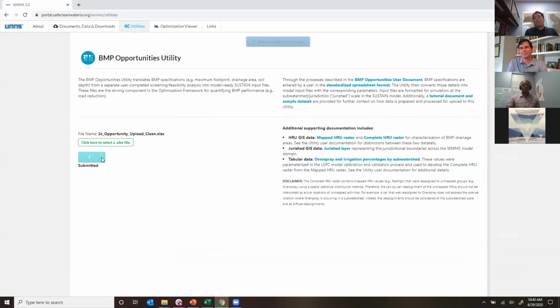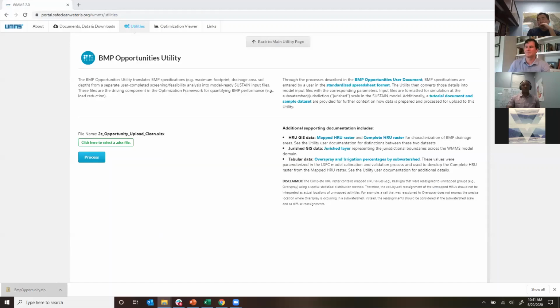So I'm going to hit process again. What the utility is doing is taking that spreadsheet very quickly, and it's going to transform all that information that was locked away in these cells and put it in Sustain input files. And so what may have taken weeks and hundreds or thousands of clicks before to move all of that data from tabular format to a text file format is now done with one click in about 2 seconds. So I'm going to open this zipped folder up, and it's actually going to have a